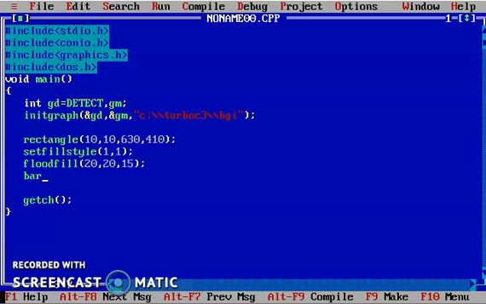So I am using the bar function here, 22, because my rectangle starts from 10 pixels, so I am using here 12, and the width, my rectangle width is 630, so I'm reducing 2 pixels from it, so I'm giving here 628, and height I'm giving here 20 only.